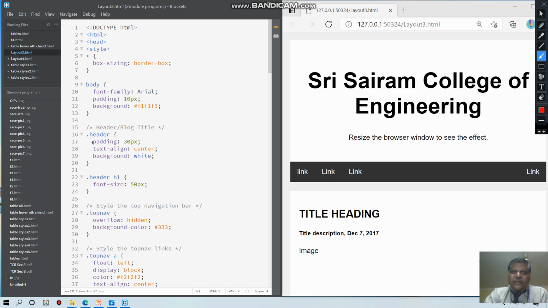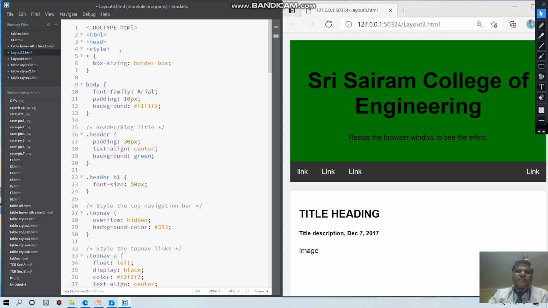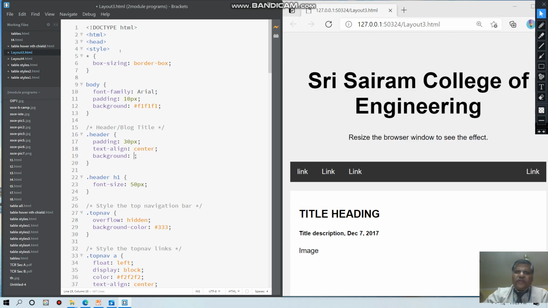Then we have the header. So this is the header. Padding is 30 pixels, text align is center, background is going to be white. You can change these particular things. So let us see how it works. If I say green, automatically it comes. Okay, fine, got it. White is already there. Okay, pink, you can keep. Then header H1 size is going to be 50 pixels. So instead of 50